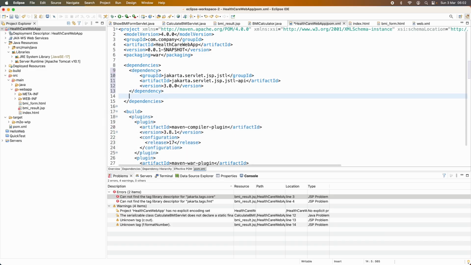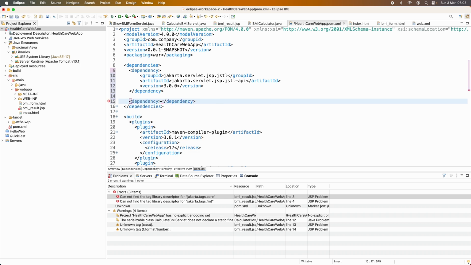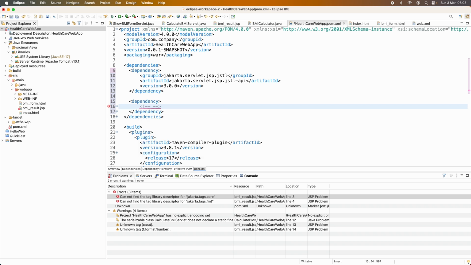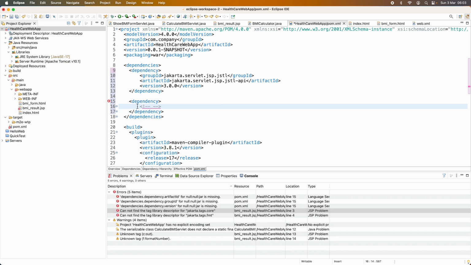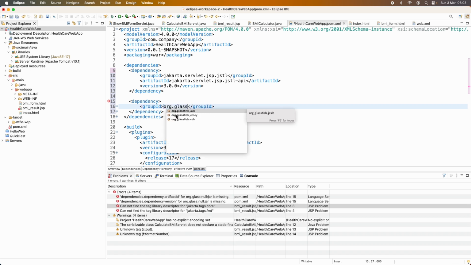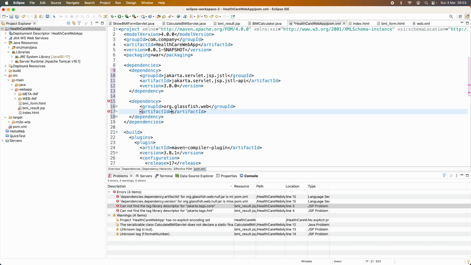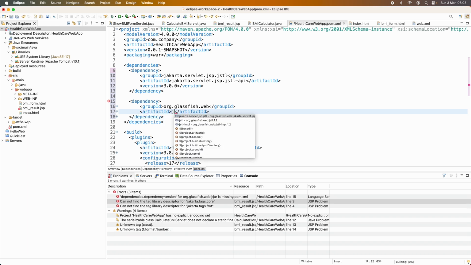And the second dependency is the implementation of Jakarta Standard Tag Library with the following dependency information. Group ID is org.glassfish.web, and artifact ID is jakarta.servlet.jsp.jstl.